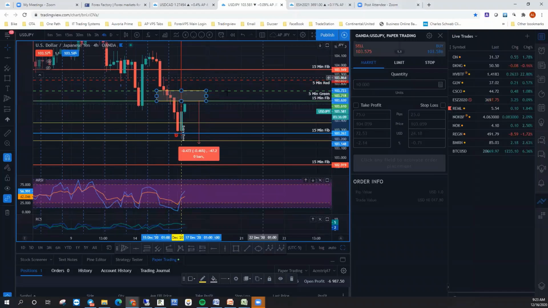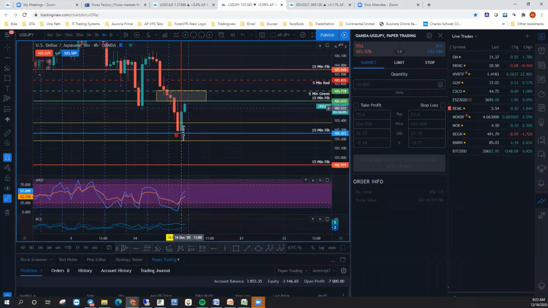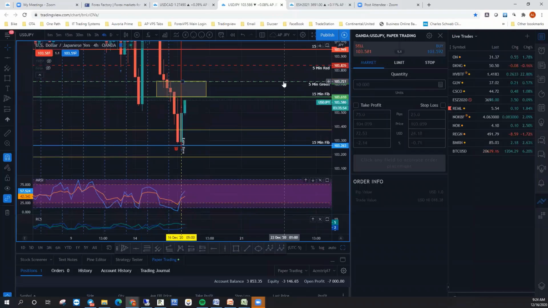I'd rather see it come up here and do the pullback, have a pullback come into this candle right now. Let this candle close, have it pull back, and take another run for it. If it breaks, then we can go for the 20 pips, because these zones right here are probably going to be